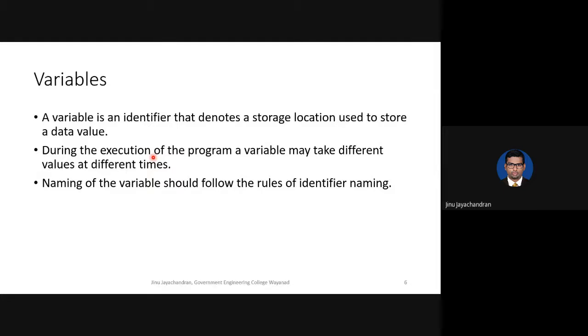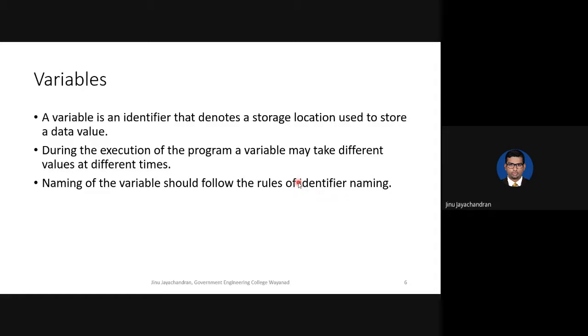For example, if the variable name is A with int data type, you can assign a value of 10 initially. As you run the program, you can assign a value of 20, so the value of 10 will change to 20. As the name indicates, the value in the memory location of the variable will change when you run the program.